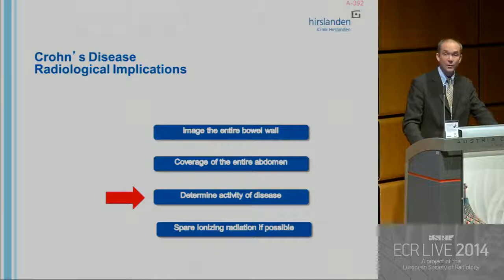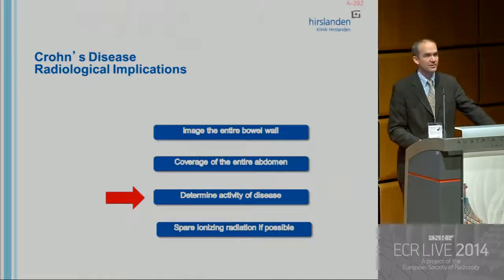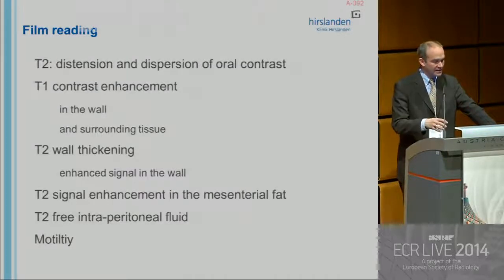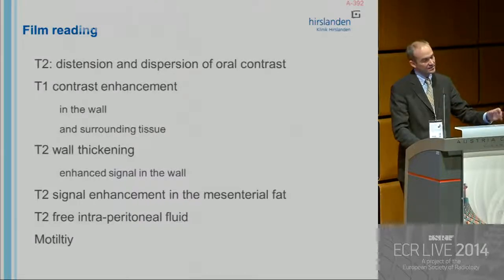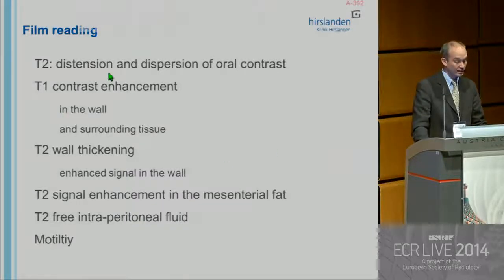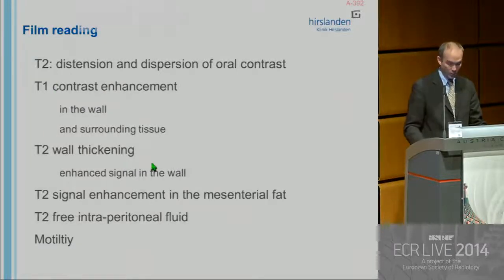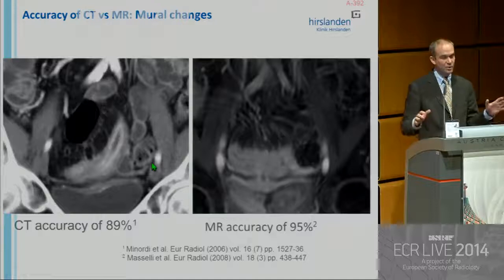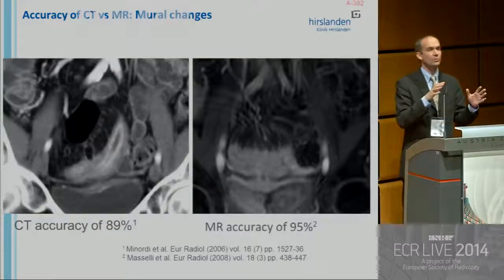So, determine activity of disease. I won't go too much into that. I think Jaap will cover that afterwards. This is the way we do our film reading. And so we look at the T2, we look very closely at the T1 contrast enhancement, at the wall thickening. What I would focus on is if you compare